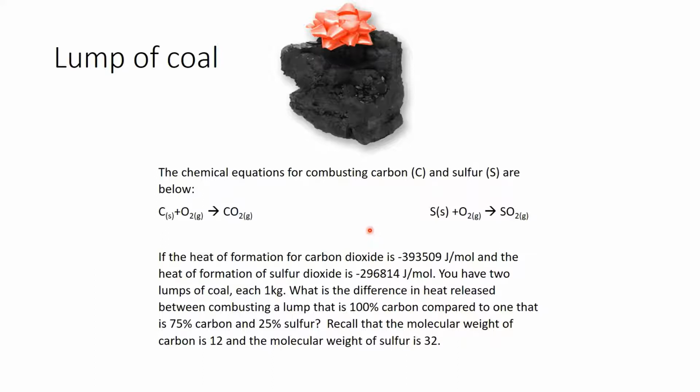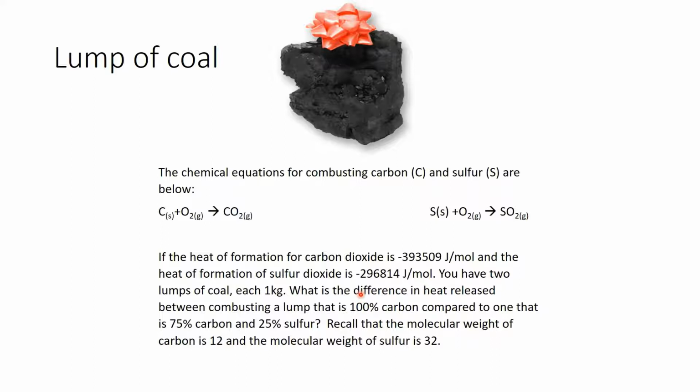And so we have chemical equations for combusting carbon and sulfur, seen below. Carbon plus oxygen yields CO2 gas, and sulfur plus oxygen yields SO2. These are our two combustion equations that we're going to care about. We have this information given: the heat of formation for carbon dioxide is negative 393,509 joules per mole, and the heat of combustion of sulfur dioxide is negative